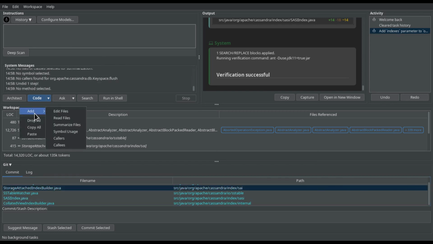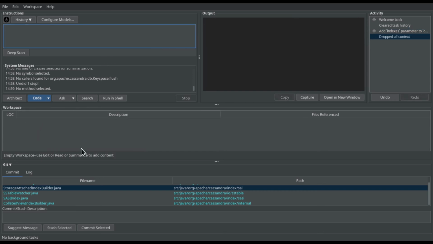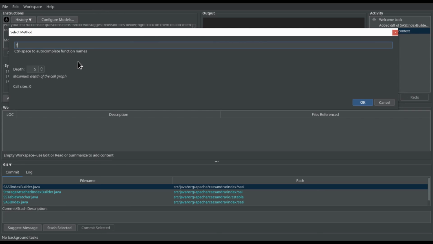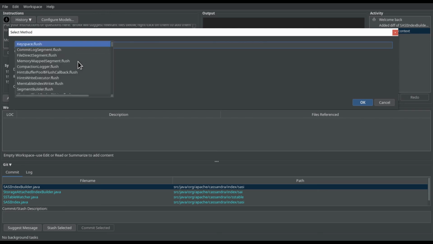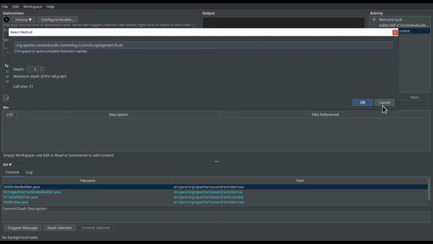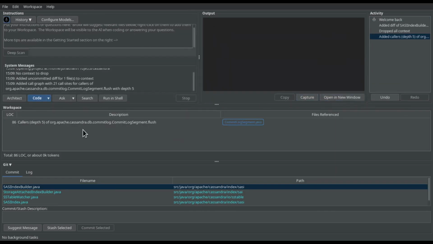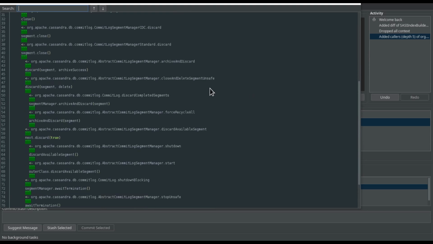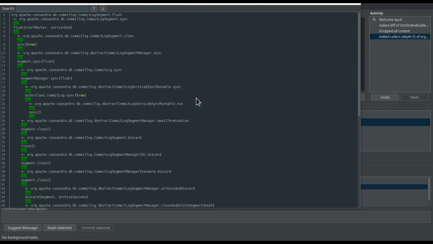I'm just going to clear this out, and we'll just take a quick look at a call graph to commit log segment flush, which when I was working in Cassandra, gave me all kinds of nightmares trying to remember exactly how it's called. And so what you see with the call graph is that it's just giving you the single line of code where each